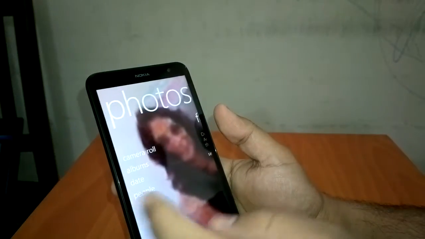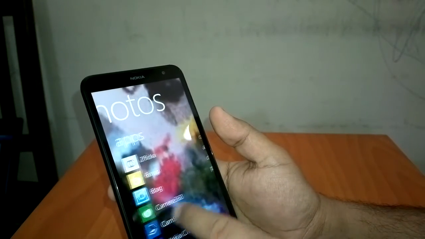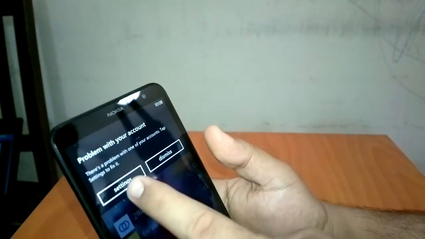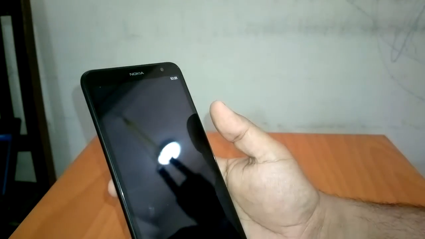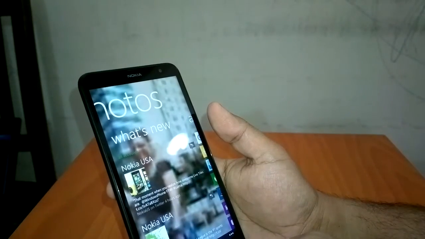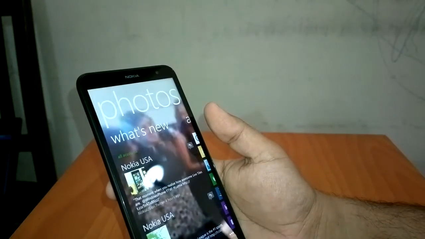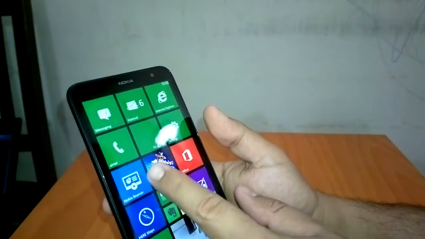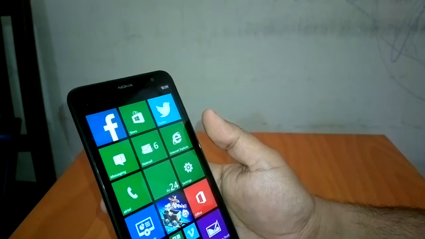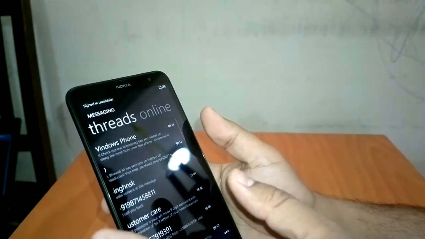Okay. Well, I was talking about photos. You can see your photo app is totally integrated. Again, it's asking me to set up my account, but I will not do it now. You can see the apps, camera roll, albums, everything is integrated. Even if your photo is in one of your accounts like Facebook or Twitter, it will show up. So this is the beauty of Windows Phone. It's very smooth, and secondly, it's really integrated if you use it in the default way. So People tile, Me tile, photos, messaging, you can use chat from here.